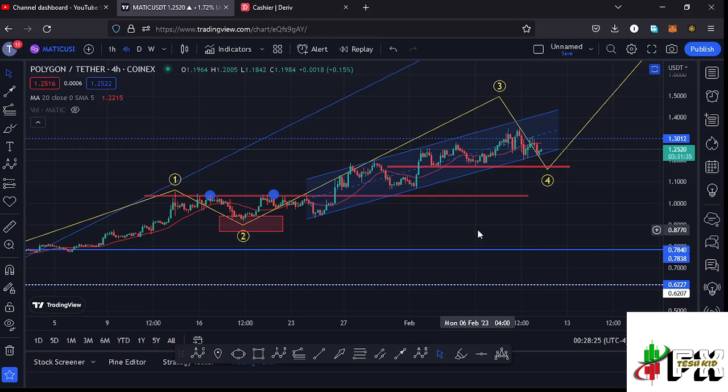We have also lost a significant high that we made at around the $1.3 mark, and at the time of this recording we have also continued to trade within this ascending channel that we have right here that could possibly give us a breakout to the upper side to fully maximize our target areas to the upside in the formation of this wave 3. And Polygon Matic has also continued to obey the Elliott wave structures, where I still believe that whatever we are seeing at the moment is a move to the upside in the formation of this wave